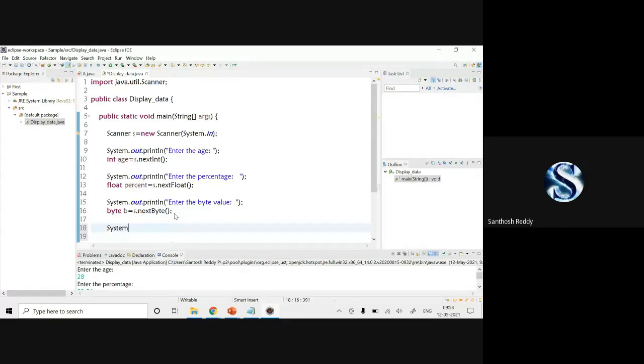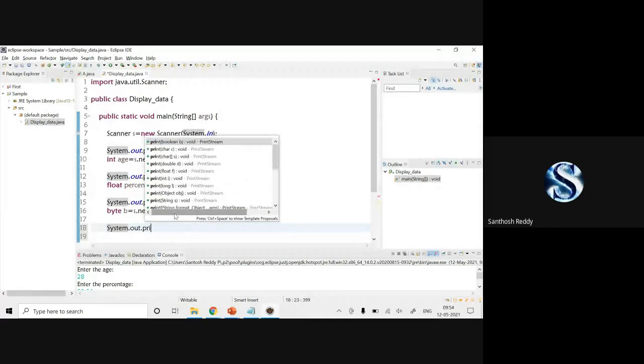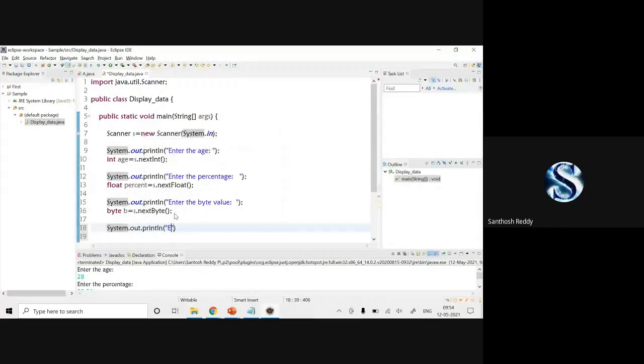System.out.println, enter your name colon. Can anyone say what data type I have to use for storing your name? String, sir. String. In Java, string is a class.